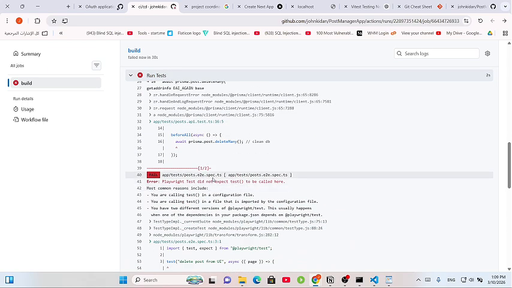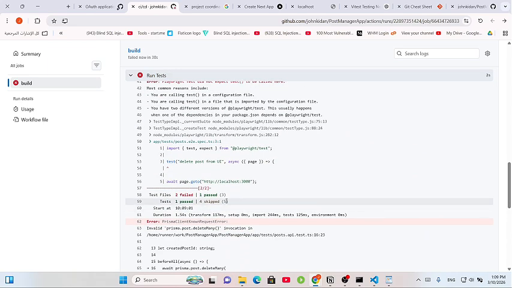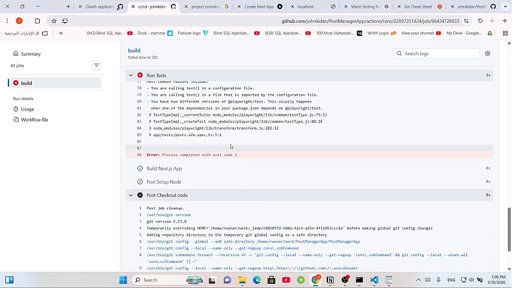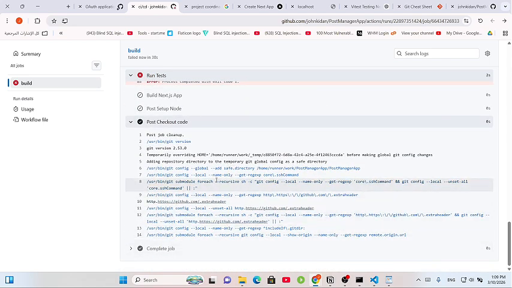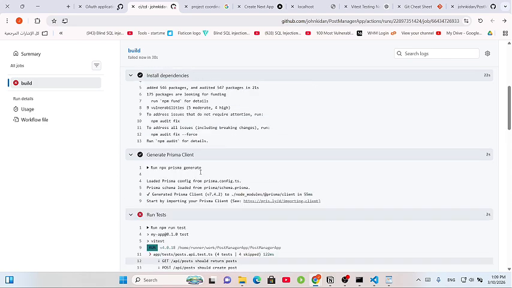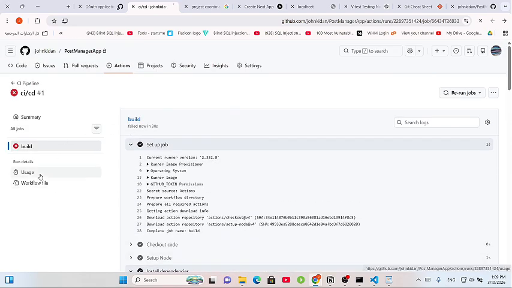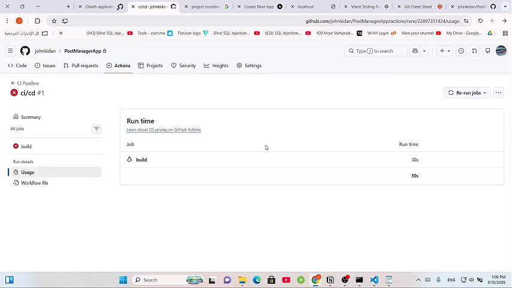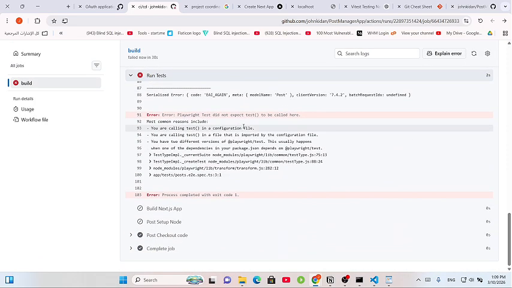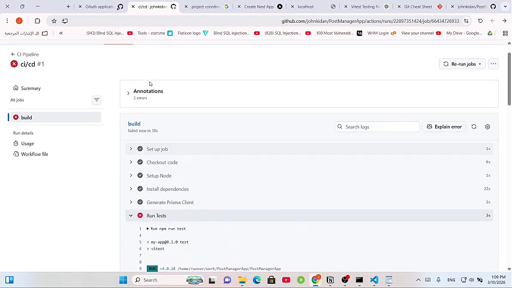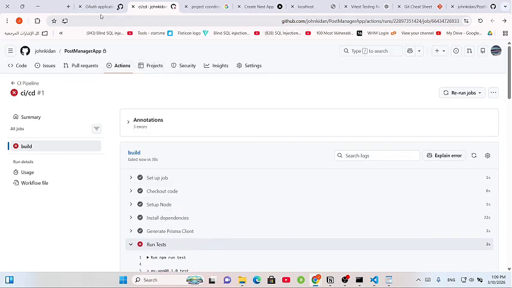That's why it failed. And the test here, Playwright, okay, but one test passed. So there is an issue with our test. That's the reason why it's not running. But it worked, I mean CI/CD actually worked. The concept, we got it, but we want to check if we can see the GitHub documentation,